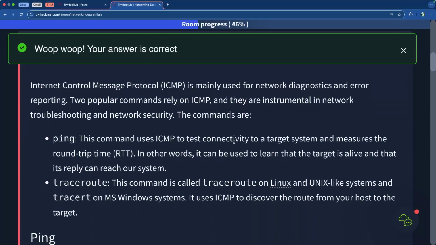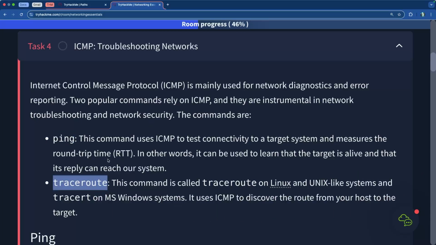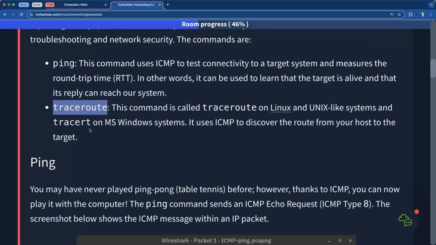Let's move on to ICMP, the Internet Control Message Protocol. It is mainly used for network diagnostics and error reporting. We use ping and traceroute as the commands to accomplish that, and they are very commonly used. Ping uses ICMP to test connectivity to a target system and then measures the round trip time. In other words, it can be used to learn whether or not the target is alive, and how